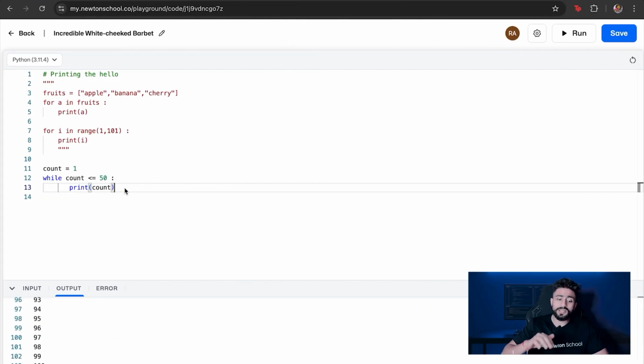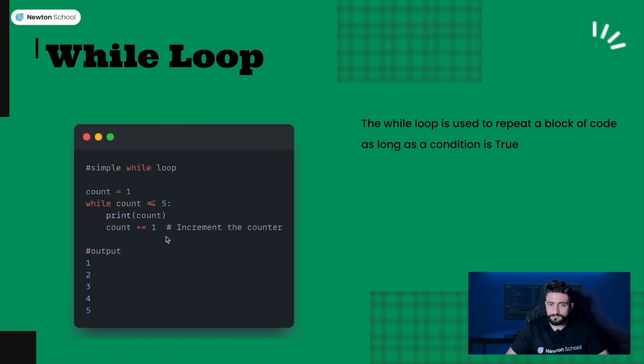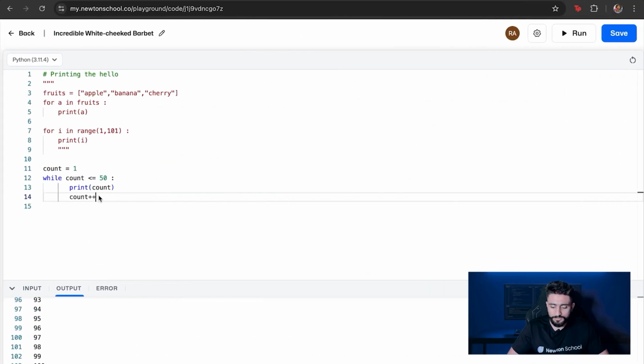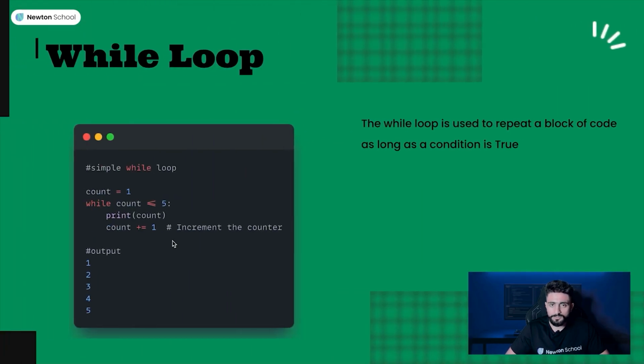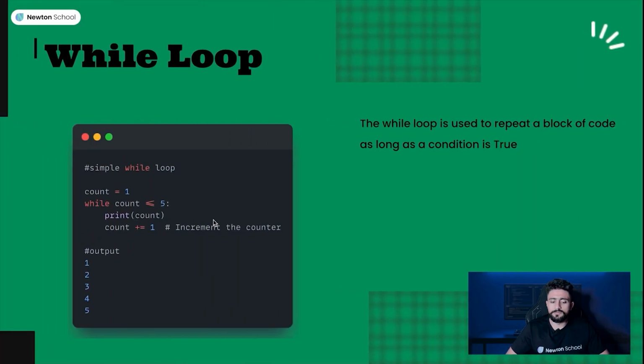No. So in the body, you have to take care that you are changing that variable. Count plus plus, or you can do count += 1, or you can write it simply as count = count + 1.